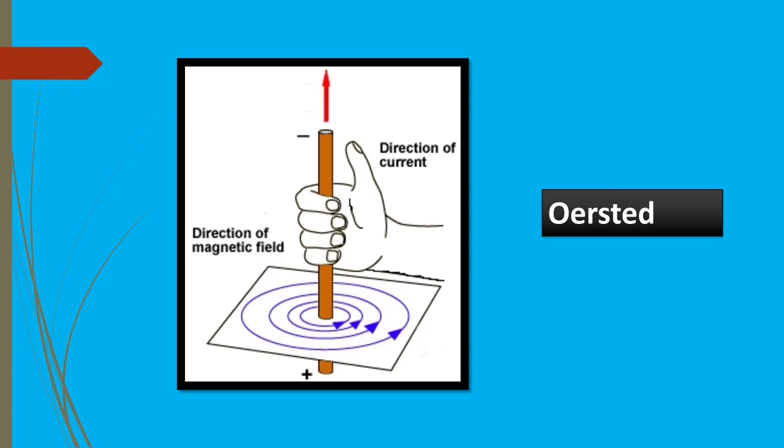The direction of the current and the direction of the magnetic field can be understood by using the right hand thumb rule. Fold your right hand such that, as shown in the figure, you place your thumb in the direction of the current, then the remaining four folded fingers will represent the direction of the produced magnetic field. In this diagram, we show the direction of the current and the magnetic field produced around the current carrying conductor.